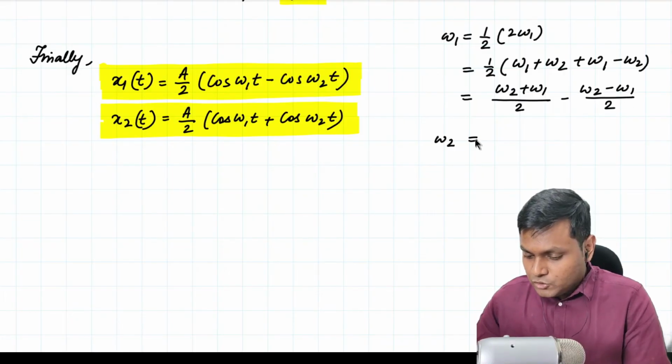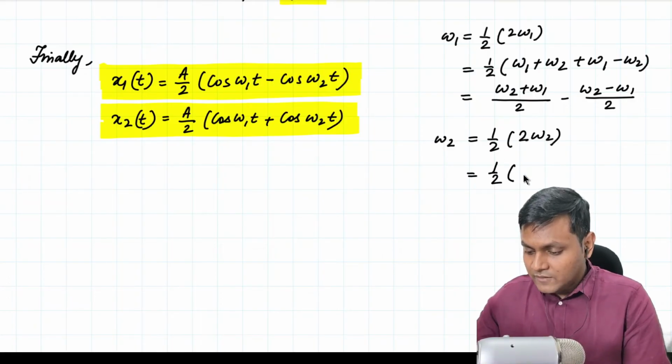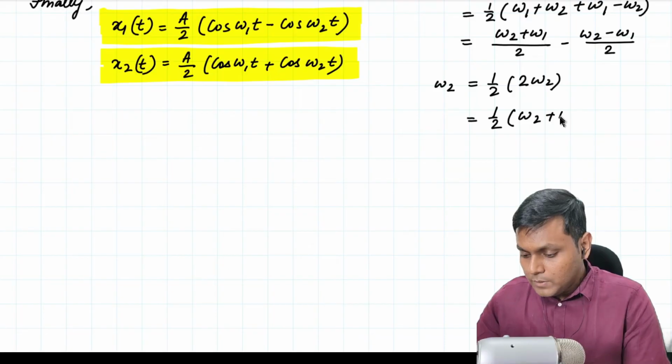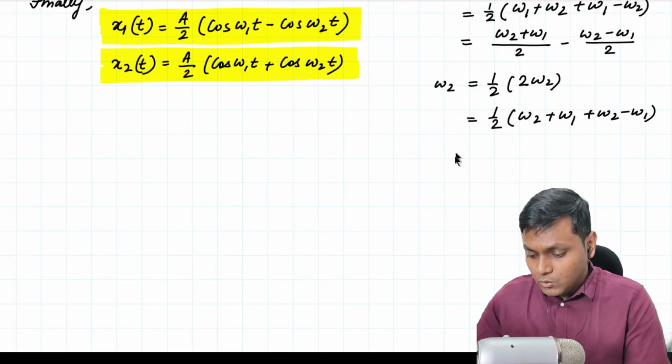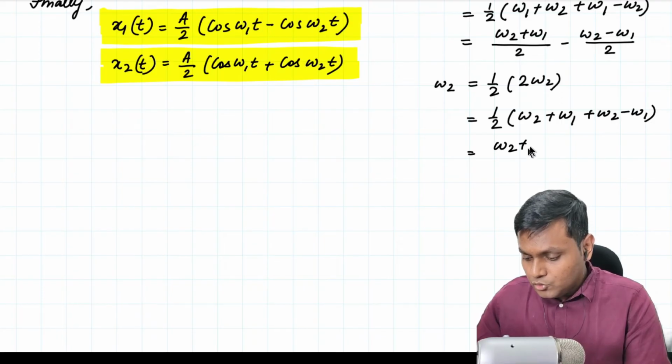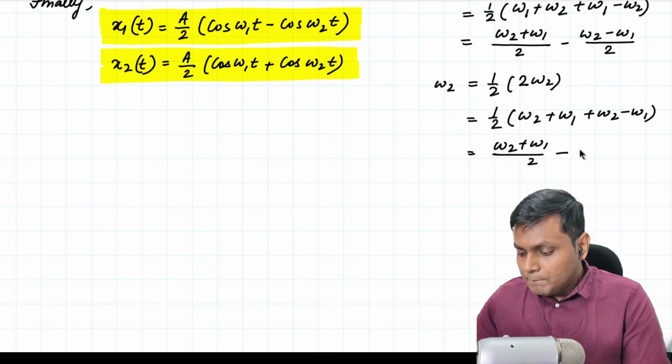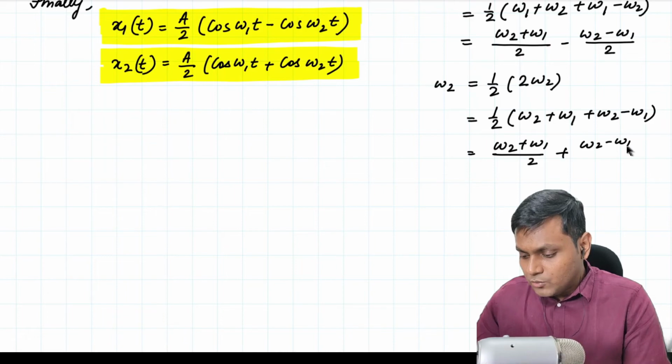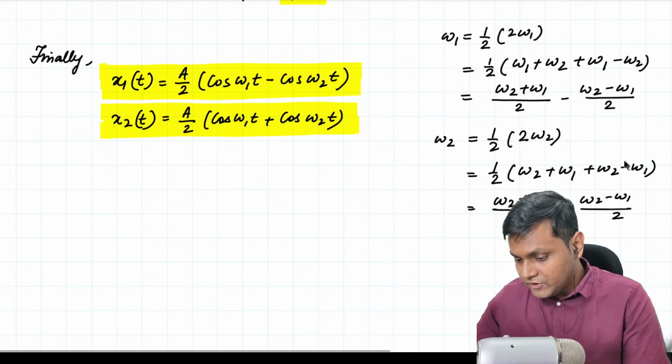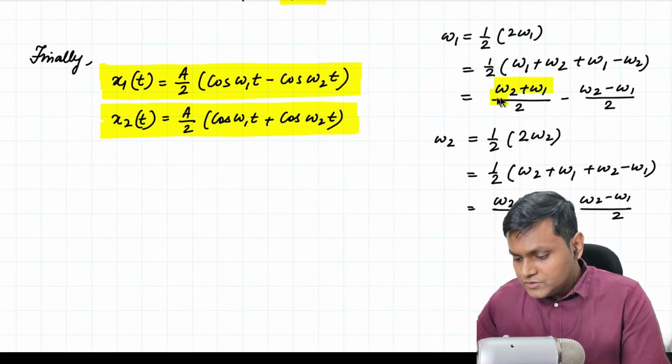Similarly, I'm going to substitute omega 2 with half of 2 omega 2. That can simply be written as half of omega 2 plus omega 1 plus omega 2 minus omega 1. So this is equal to (omega 2 plus omega 1)/2 plus (omega 2 minus omega 1)/2. So as you can see, I have written omega 1 in terms of this